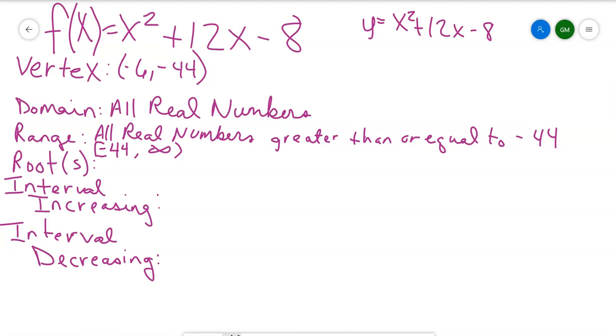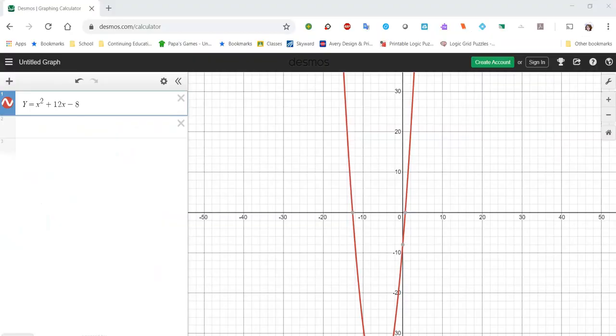If it does not touch the x-axis at all, it has no real solutions, in which case you are dealing with imaginary numbers if you're looking for a root there. So that's something to pay attention to based on how it looks on the graph. Now, I'm looking at this one. It definitely has two, and we can see that they are